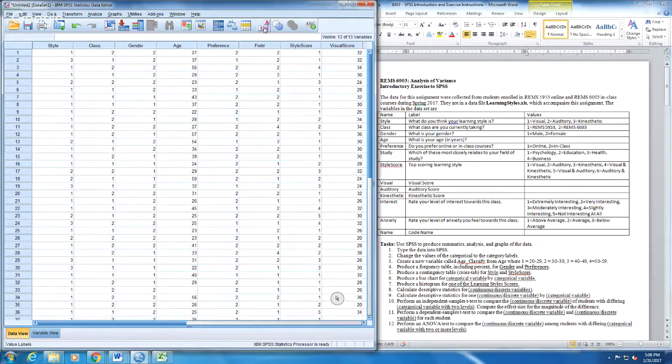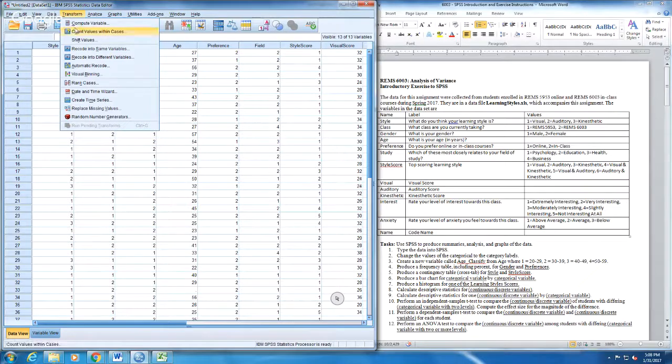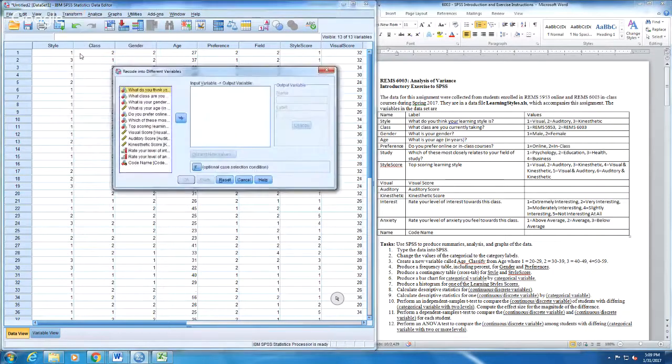Next, I want us to create a new variable. So right now, age is continuous. You could just input your age in years, but I want to classify age, and I want to group people into categories by age. Specifically, I want to group them into groups of 20 to 29, 30 to 39, so on and so forth. To do that, click on Transform, Recode into Different Variable,